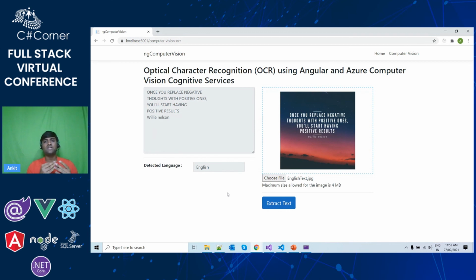You have seen that Azure Computer Vision is very easy to use. You just need to create the APIs on your Azure portal, and you can use the API endpoints directly in your application, and then do some data manipulation so that the data is available in a readable format to your end users. For example, here we are doing the language detection, and we are also presenting our text in a proper readable manner. So we do some manipulation and then use a UI to show the data.